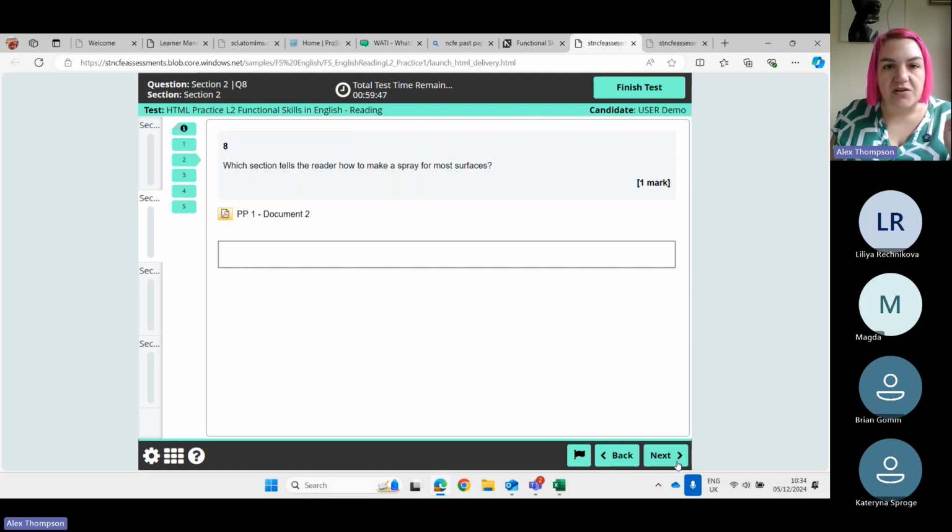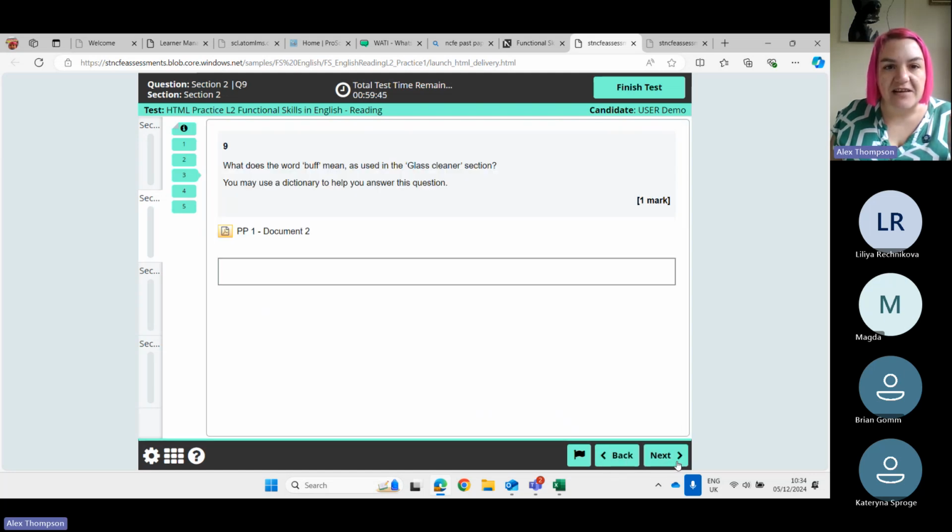I want to find one that is very specifically... Here we go. So this is one of the questions about synonyms. You are allowed to have a paper dictionary open with you in the exam. You can't in the writing exam, but this question comes up on both the level 1 and the level 2 reading exams. So in this case, it says, what does the word buff mean as used in the glass cleaner